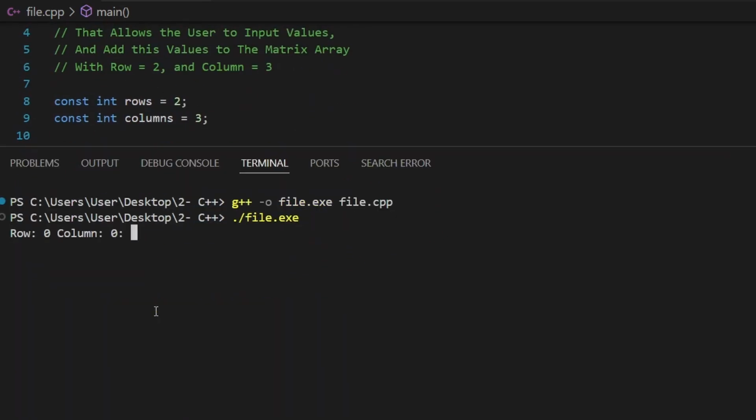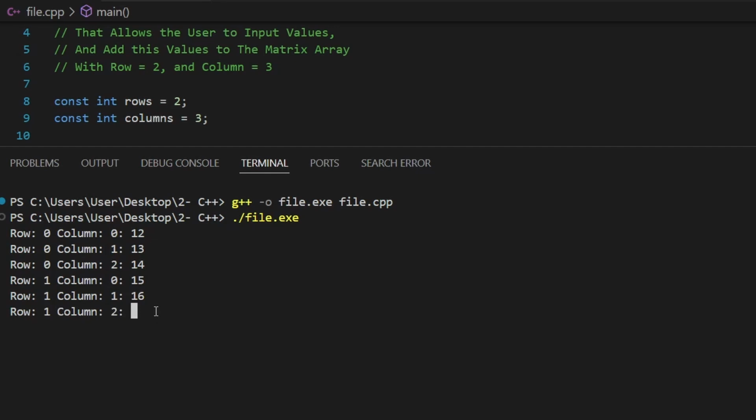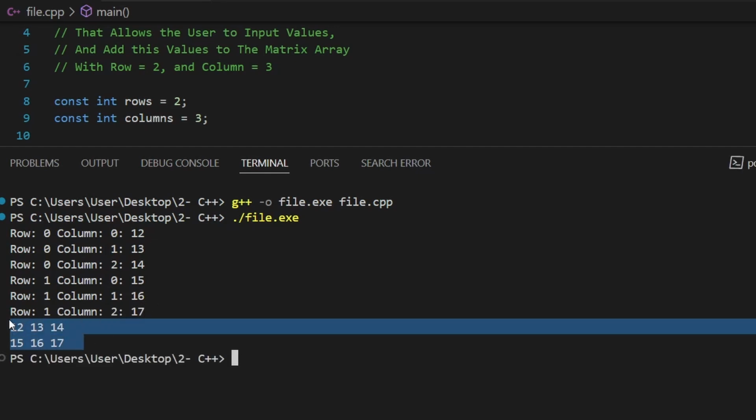So at row 0, column 0, what do I want to insert? Let's insert 12. I want to insert right now at row 0, column 1, 13. Then let's go ahead, insert 14. Now we are at the second row, the row at index 1. What I want to insert, let's say 15. So we are still at the second row, or row at index 1, or subarray at index 1. And now I want to add the number 16, and now the last number, which will be 17,